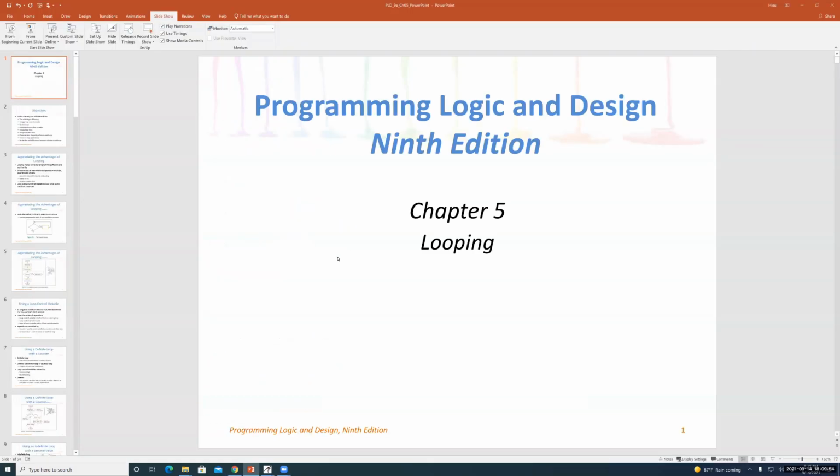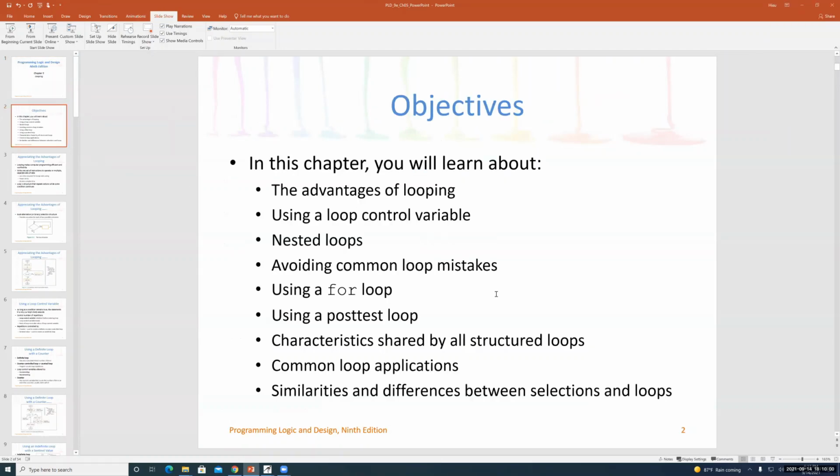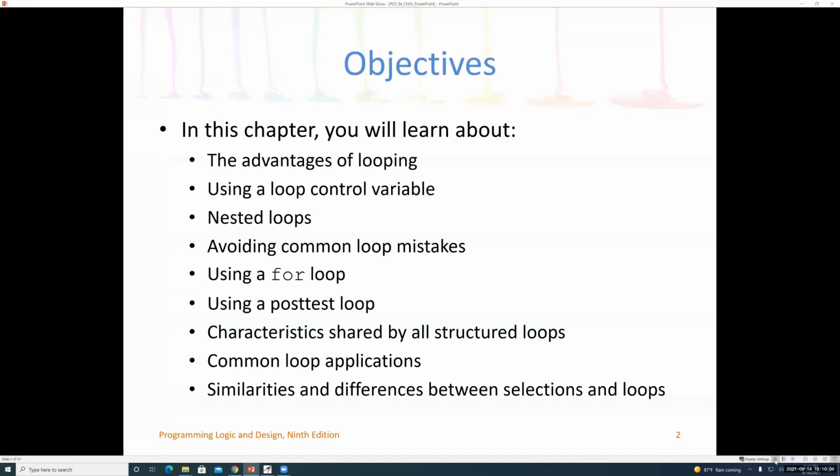So today we go with chapter 5 about looping. In this chapter, you will learn about the advantages of looping, using the loop control variable, nested loops,